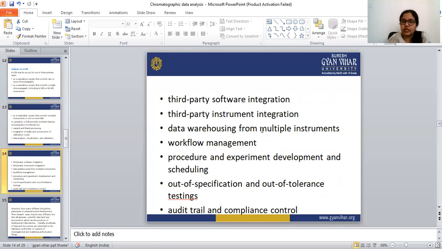Third party software integration and third party instrument integration, data warehousing from multiple instruments, and workflow management can be done with the CDS. Procedure and experiment development, scheduling, auto specification and out of tolerance testing, audit trail and compliance control are also possible with the CDS.